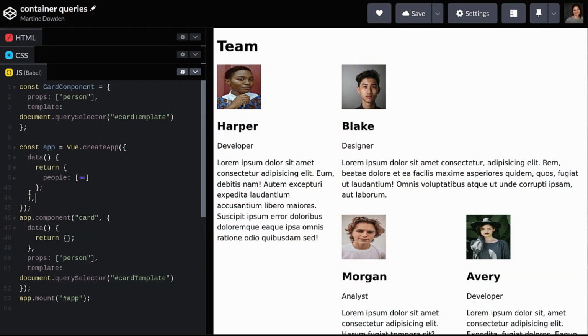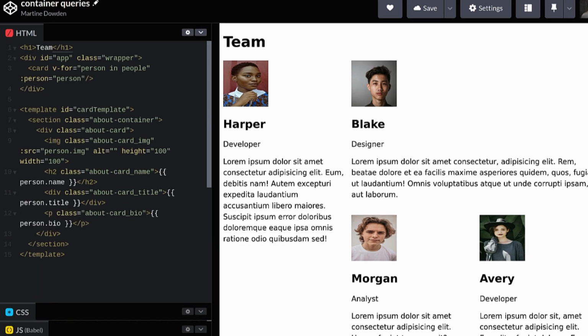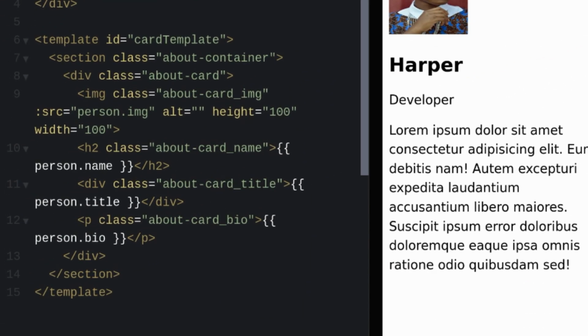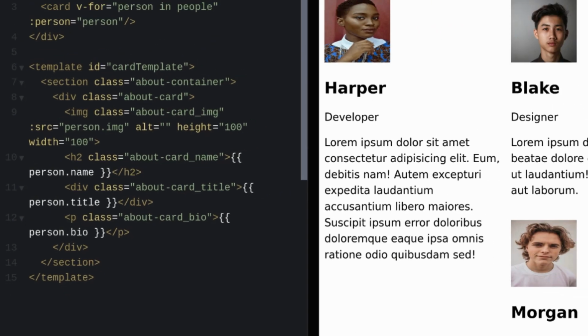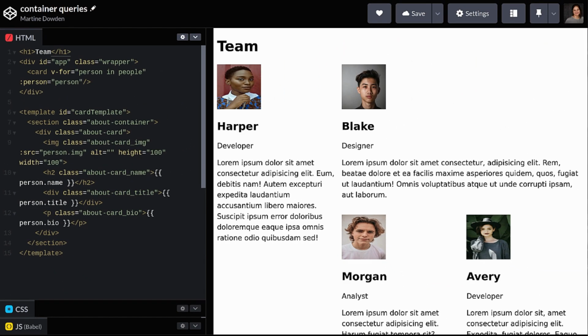I've created a component in Vue 3, although what we're going to be talking about today can be done in any framework or without one entirely in just vanilla HTML and CSS. Our component is comprised of an image, a name, a title, and some content. This is something you might see in a blog post talking about the author, or maybe as part of a portfolio giving the basic information about the person. This is something we could use just about anywhere.